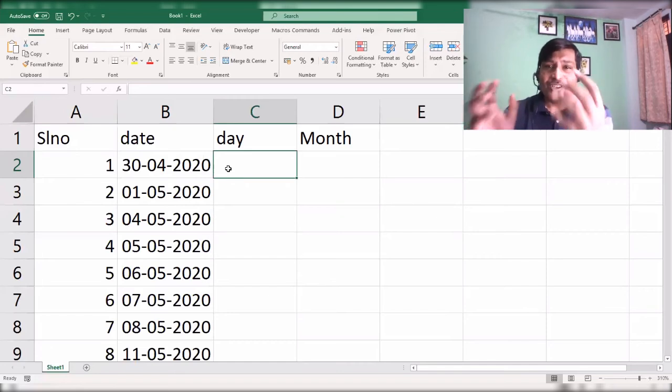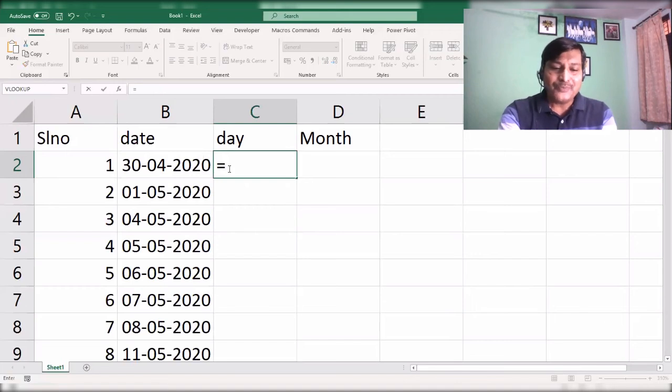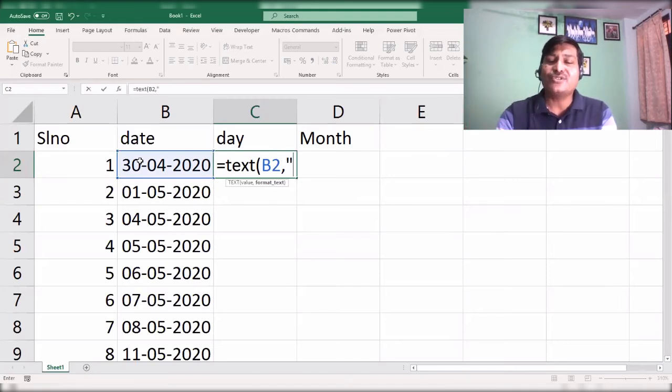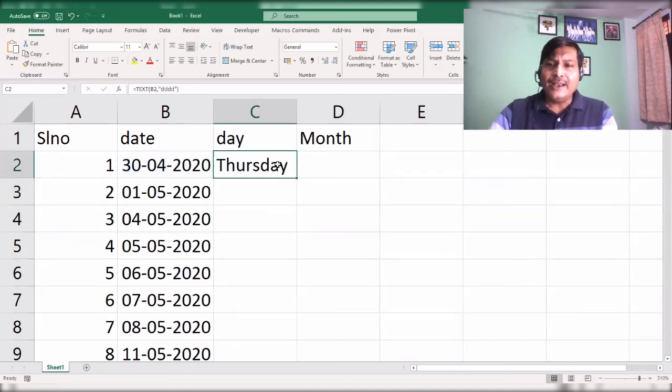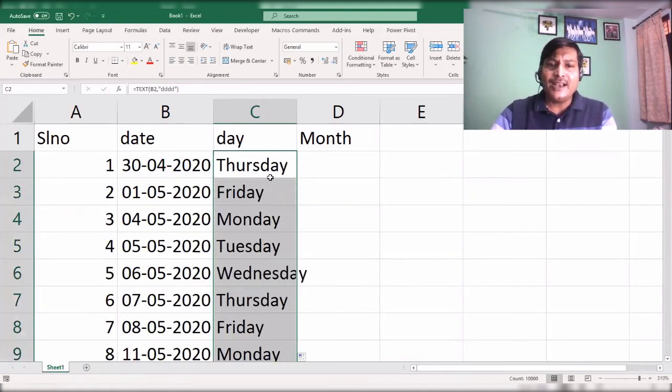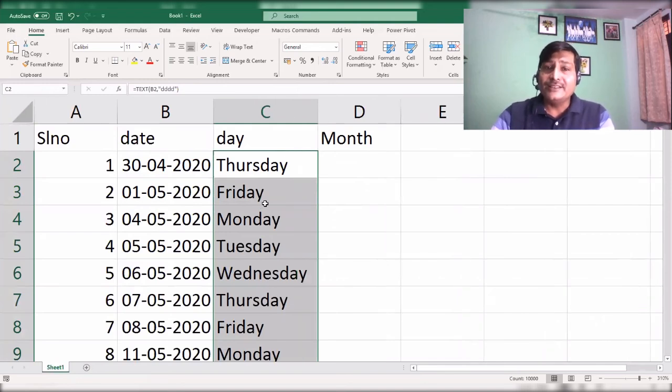I want to share a small formula with you. So the formula is: just equals to, we can type TEXT, bracket start, and here we can select B2, right? So B2 is my cell address. We can use comma, and now I will type double quotes. Friends, use double quotes. Don't use single quotes 2 times. And then type 4 times D, right? Bracket close, and now press the enter key. Okay. And next step, we can double click here, and now I'm able to fill this day.